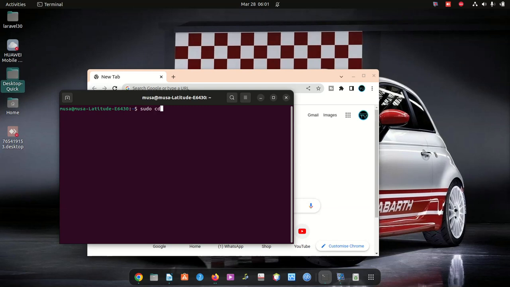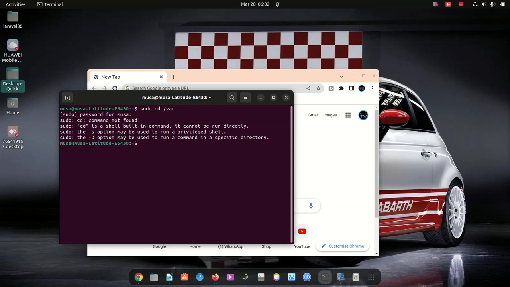cd to var. It asks for the password, which we put and it didn't work out. It's fine, we can just cd there without going there. Then we cd to